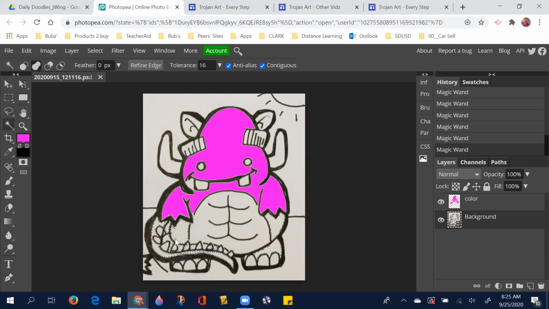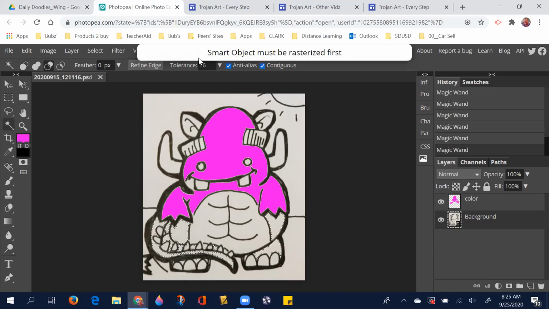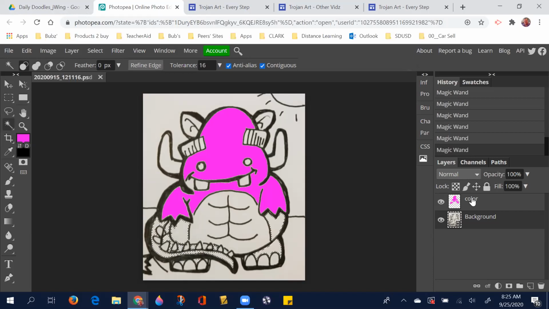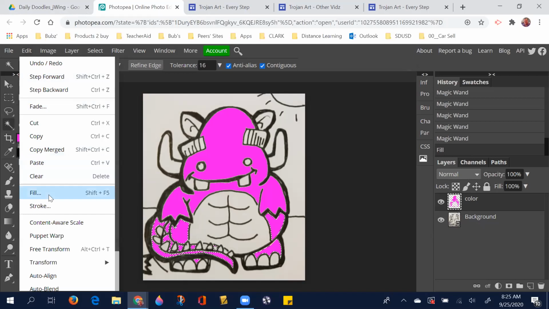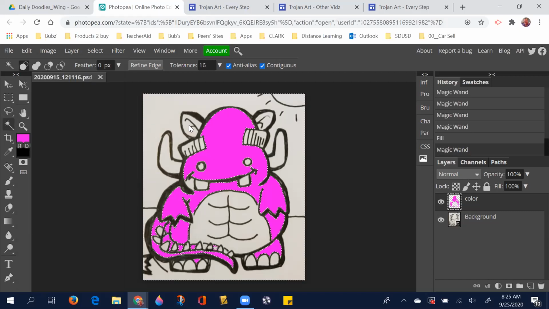The other keyboard shortcut for doing this is, for the foreground color, if you hold the Alt key down on your keyboard and hit the backspace key, oops, I keep forgetting to go up to the color layer. Hold the Alt key down and hit the backspace key. It'll also fill it so that you don't have to come up here every time and go Edit, Fill. Also, depending on what your other keyboard shortcuts are, it says here Shift F5. So if you're on a Windows machine,